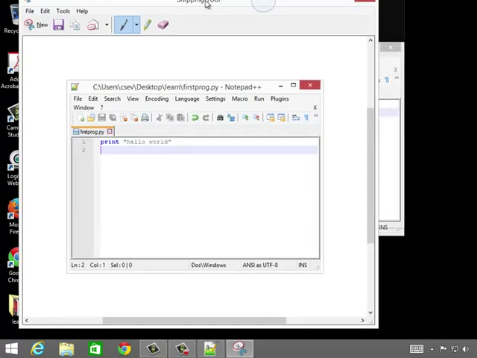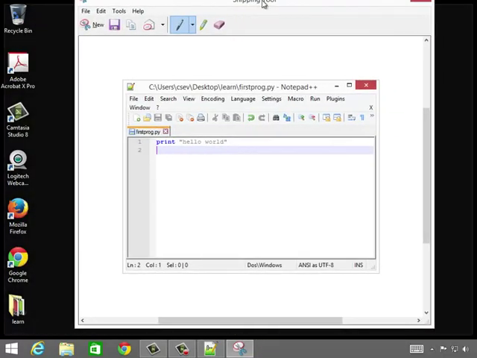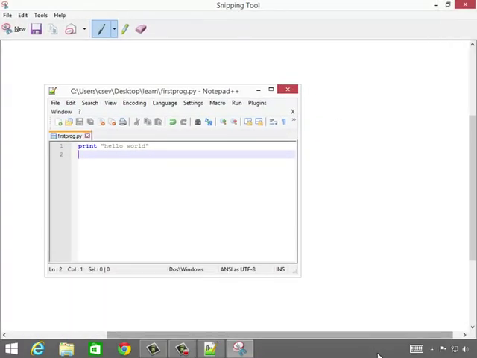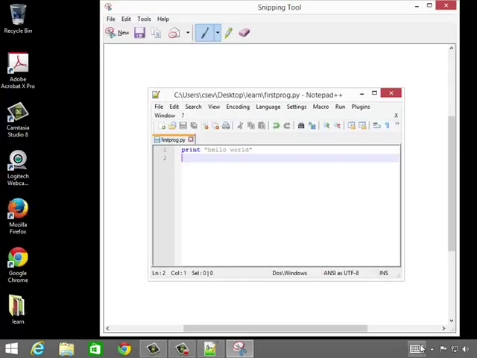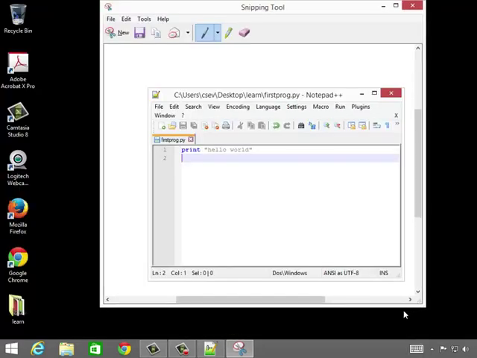Now snipping tool is just the snipping tool. That window still exists, but this is now, oh, I didn't want to do that. This is now just a drawing tool. So here you are. We could save this, but the other thing you can do, and this is in the more